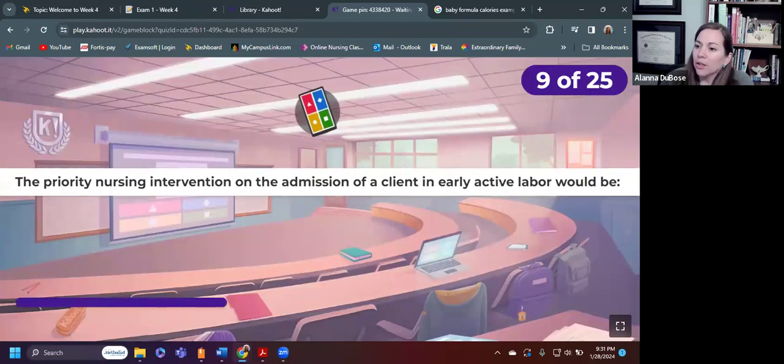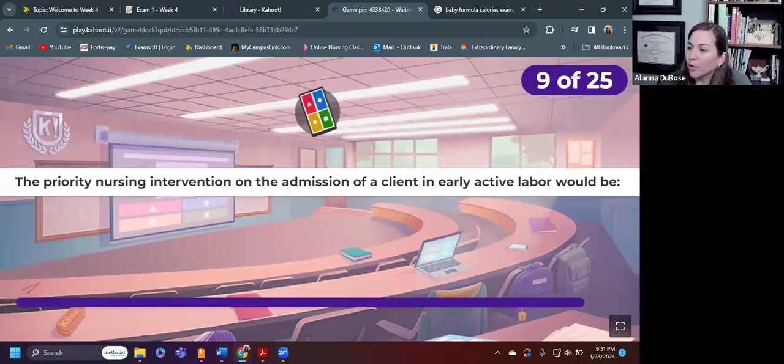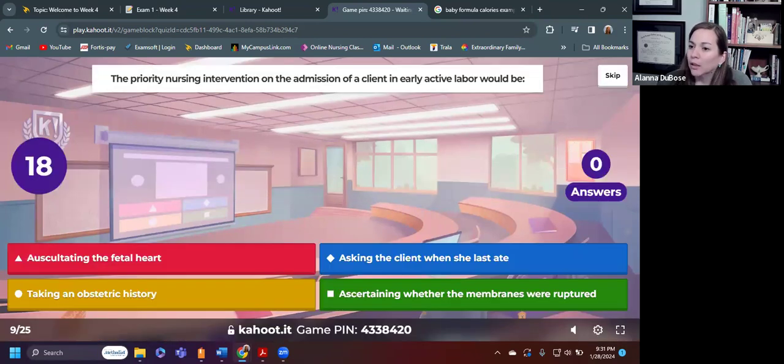The priority nursing intervention on the admission of a client in early active labor would be: red, auscultating the fetal heart; blue, asking the client when she last ate; yellow, taking an obstetric history; green, ascertaining whether the membranes were ruptured. So the priority nursing